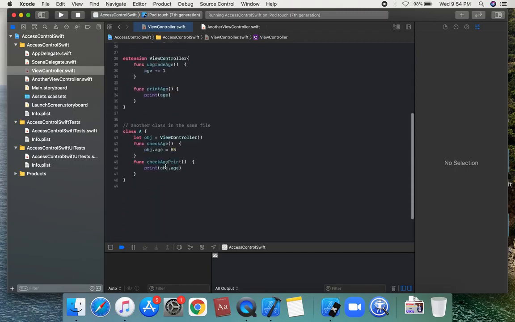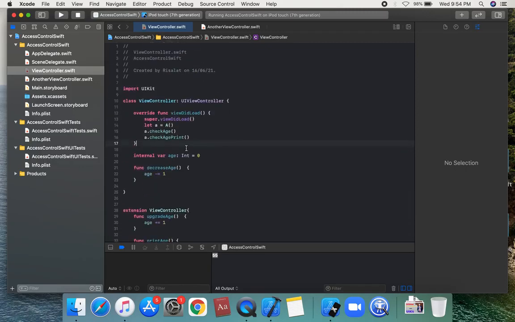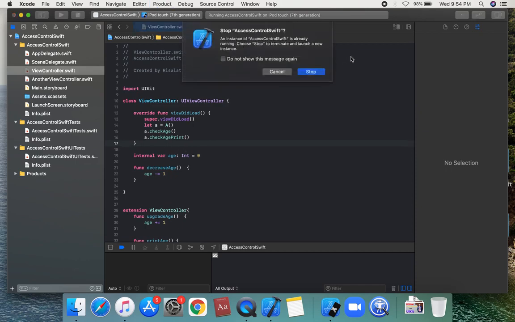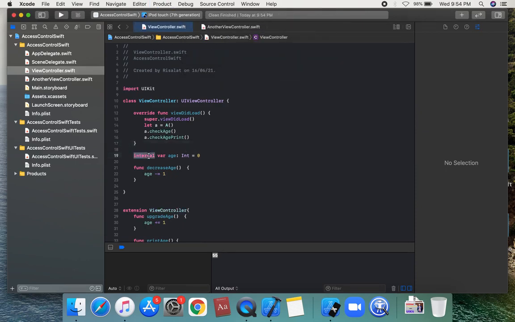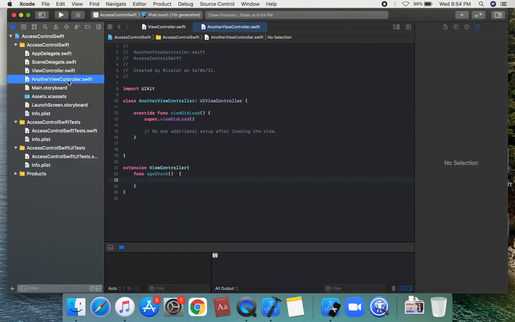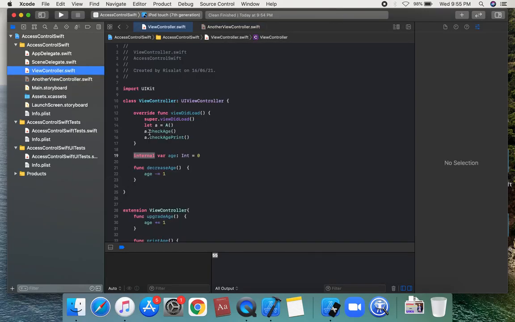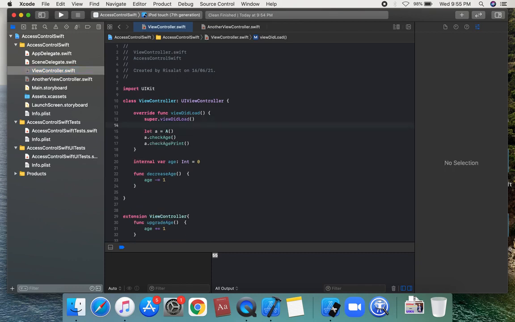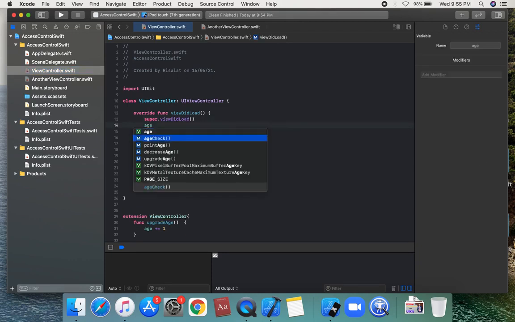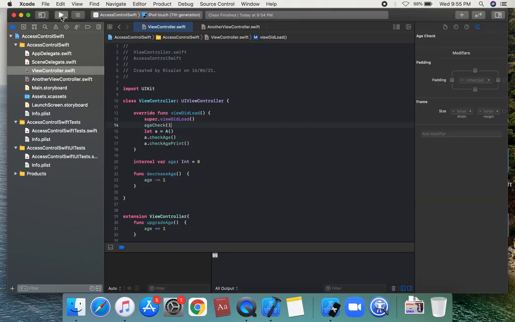So internal defined. See, in Swift, by default access control is not implemented here, suppose not implemented on this internal. We can access this age, suppose 8, and we can use check age, and we can use the function age check. Run this statement. We can set this value and assign this value.